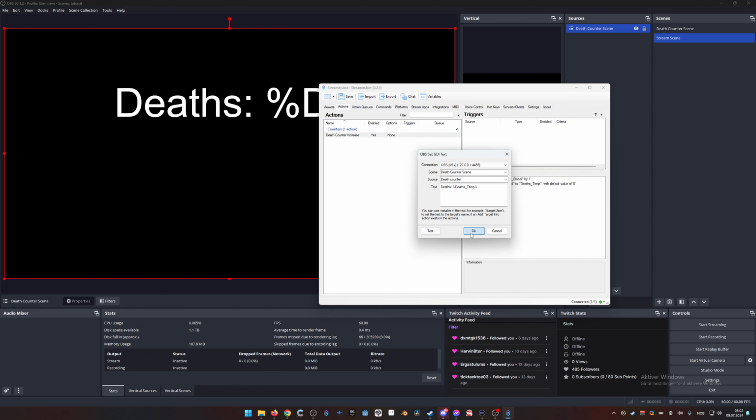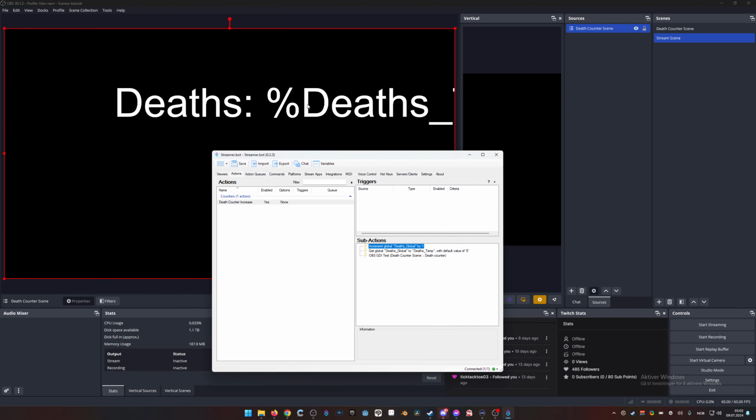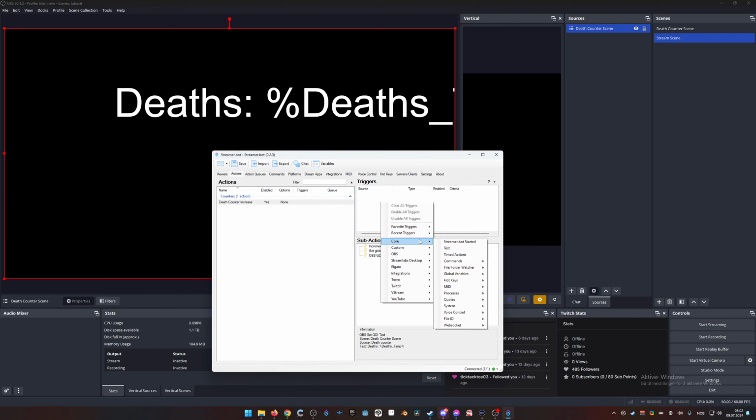Well, I'm gonna press OK here just so I can move it. You will see it displays that. It doesn't display a number. That's because the variable has not been created yet. So in order to get that to be created, we need the entire action to run, not just test this function to update the text. So in order to do that, we will want to